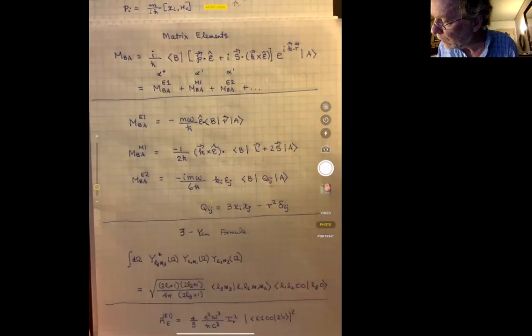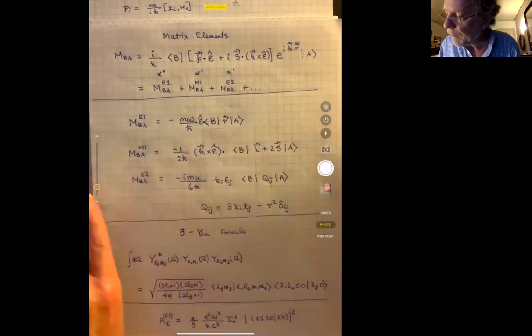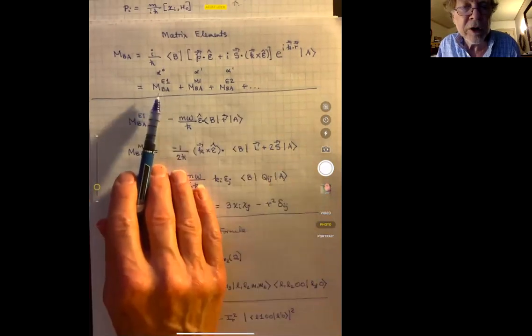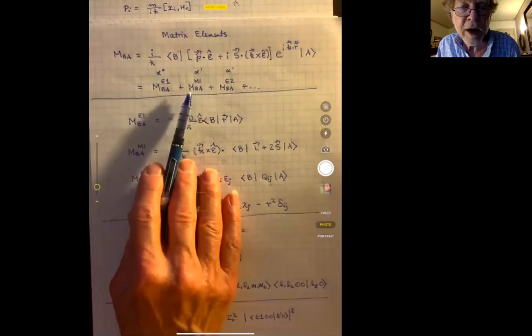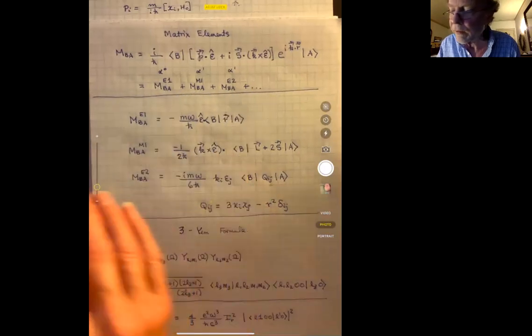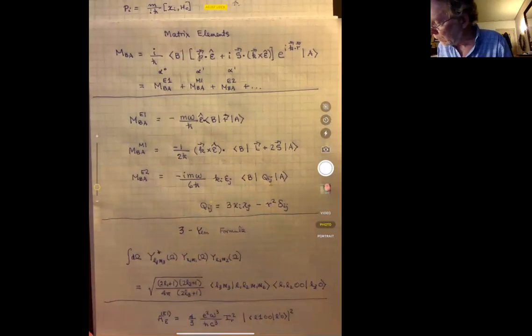And so as a result, if the E1 were the leading term, the first term which is non-zero, we would speak of electric dipole radiation. But if that term were 0, but the M1 term were non-zero, then we'd speak of magnetic dipole radiation, and similarly for E2 and so on down the line. All right, now then,